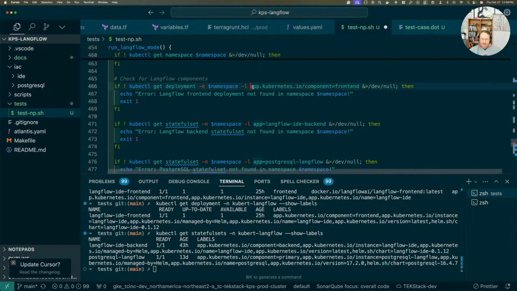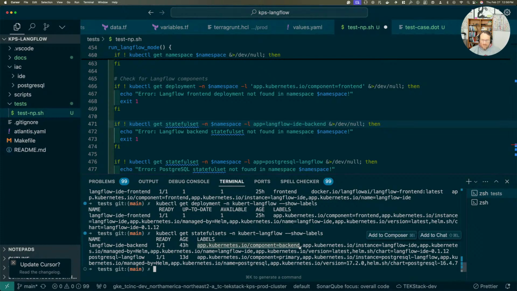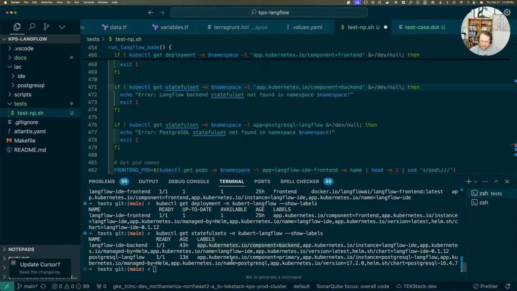Let's put this in quotes, so it's not going to complain because of the slash there. Now in this case, we want to get the backend component here. And let's get the Postgres as well. For the Postgres, let's use,